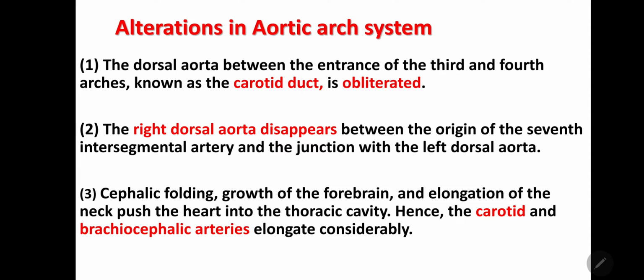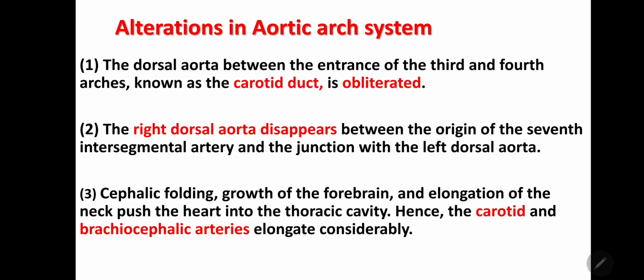So now there is some alteration in this aortic arch system to establish the definitive arterial system. What happens here? The dorsal aorta between the third and fourth, which is called the ductus caroticus, is obliterated, and the right dorsal aorta disappears between the origin of the seventh intersegmental artery. I told you there will be development of segmental arteries from the right and left dorsal aorta. Which one is important there? The seventh intersegmental artery is important, and all these segmental arteries join to form an elongated channel, which will form the